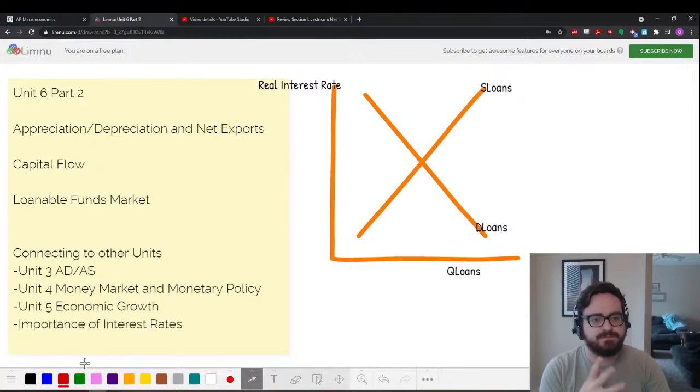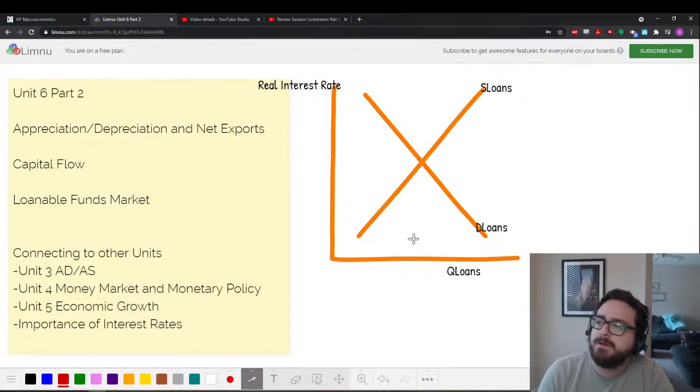And this shouldn't be rocket science, but if there's a bunch more money in our economy, for a lot of people, that means there's going to be a lot more money in your bank, because that's where most of us put our money. Well, if there's more money in our bank, then this graph is going to get affected, because it's the market for loans, and where do loans come from, if not from banks? So if there's a bunch more money in the bank, banks have more to lend out, which would lead to a higher,